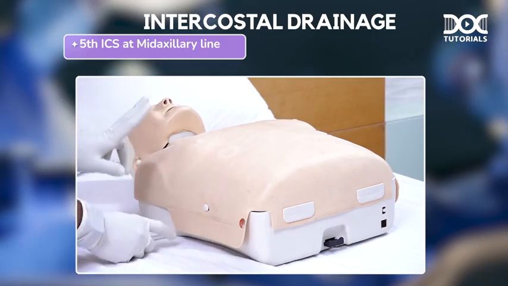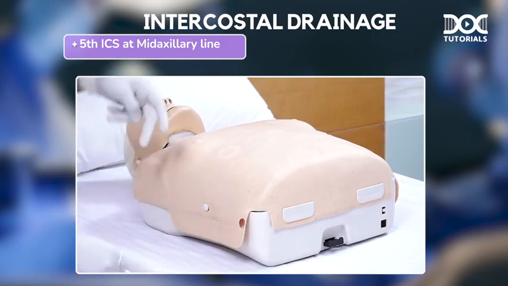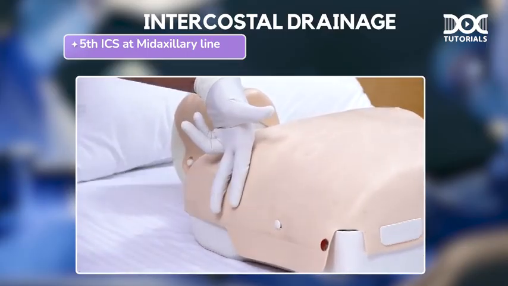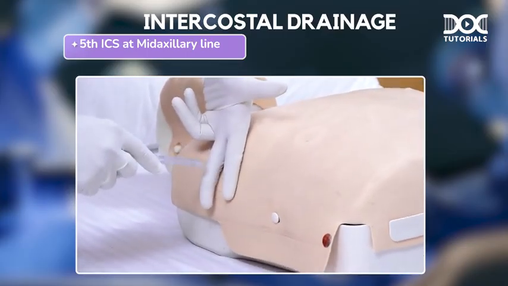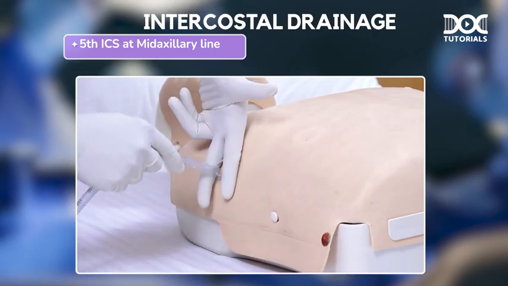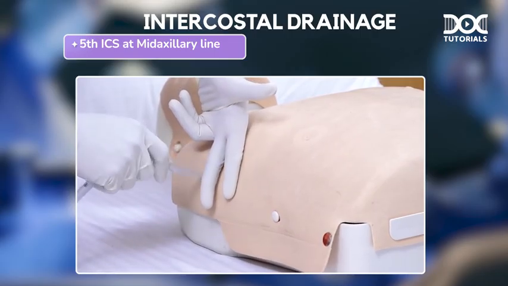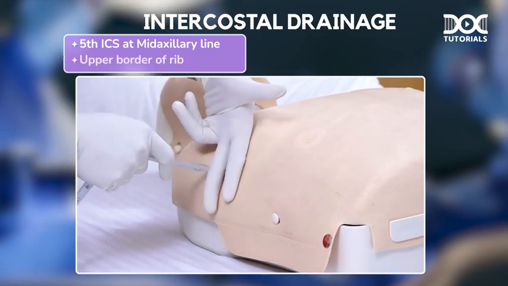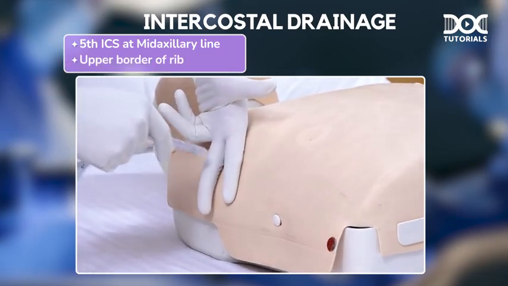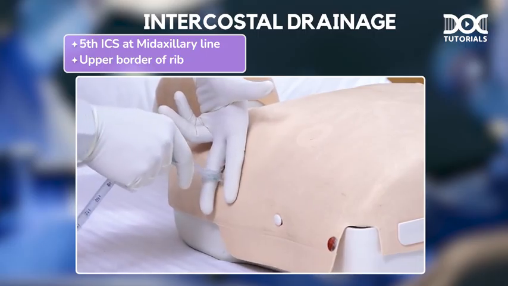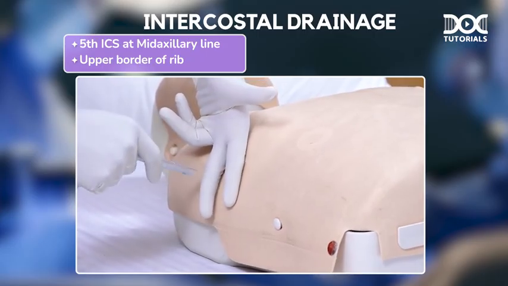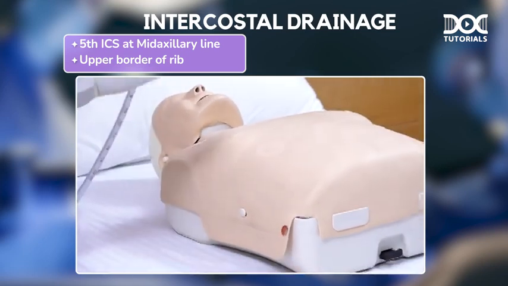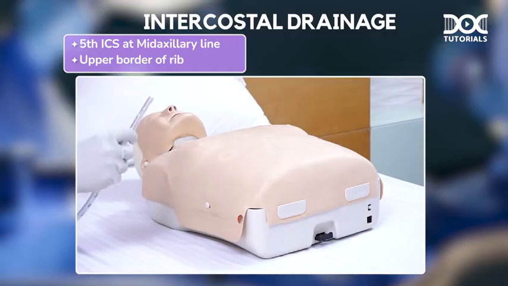So now the most important point before inserting this intercostal tube, let us assume these are two ribs. If I am going to insert the intercostal tube, where will I insert? Will I insert it at the upper border of the rib or the lower border of the rib? This is a very important question I have discussed in the theory. So please remember, we should insert the tube only at the upper border of the rib. Don't go at the lower border. If you go at the lower border, we can injure the neurovascular structures. So always insert at the upper border of the rib to avoid injury to the neurovascular